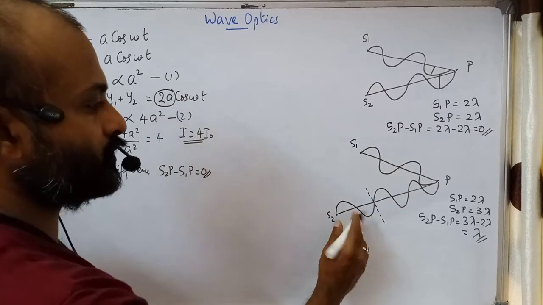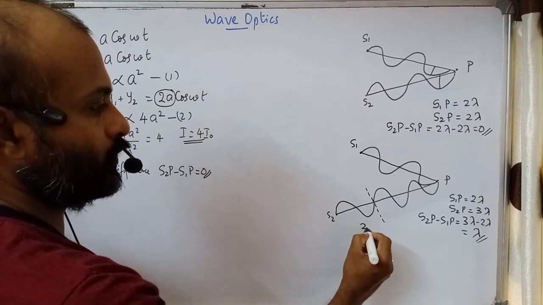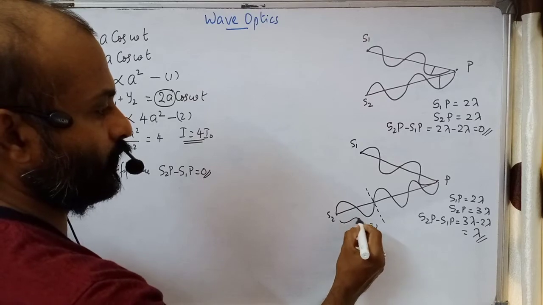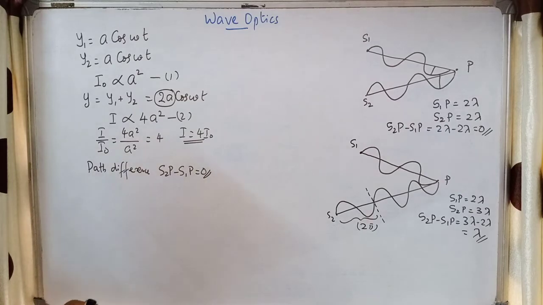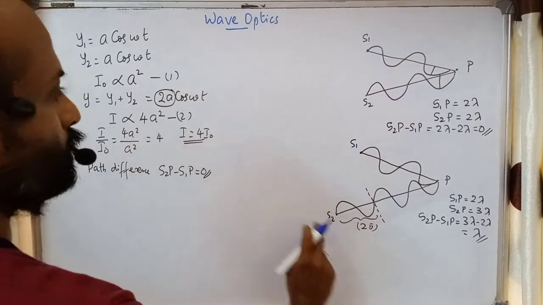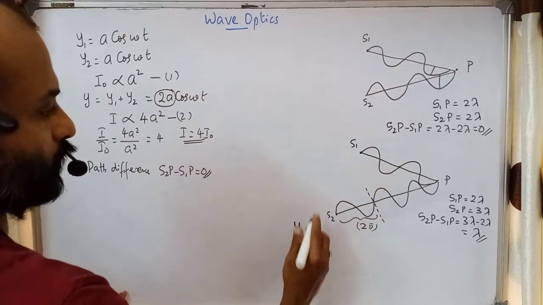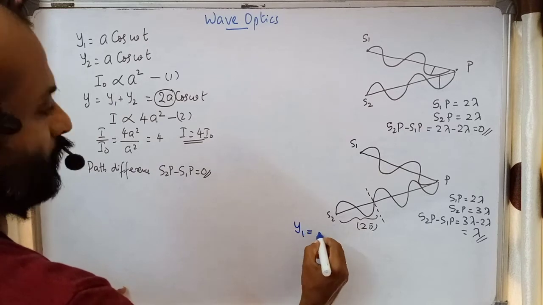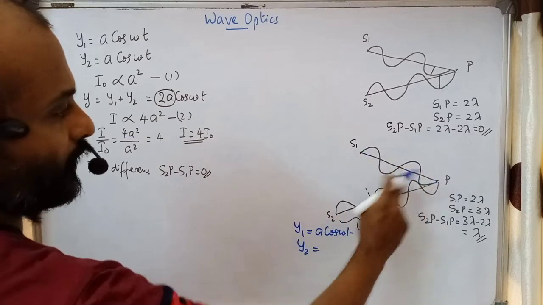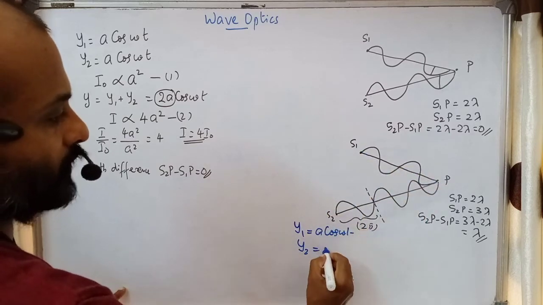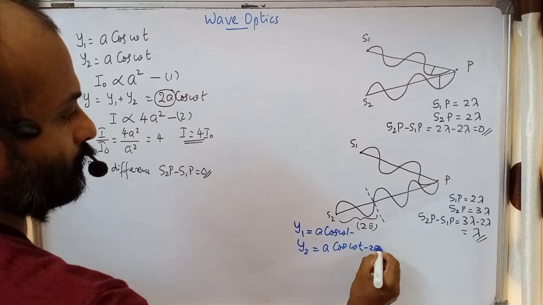Now what is the phase difference corresponding to one wave? Lambda is the path difference and the phase difference will be 2 pi. Corresponding to this length, phase difference is 2 pi. How can I represent this in the form of equations? Here we can write the equation for these two waves. For this situation, y1 is equal to a cos omega t. Now what will be y2? It is reaching earlier compared to this. So we need to subtract a phase, that is a cos omega t minus 2 pi.